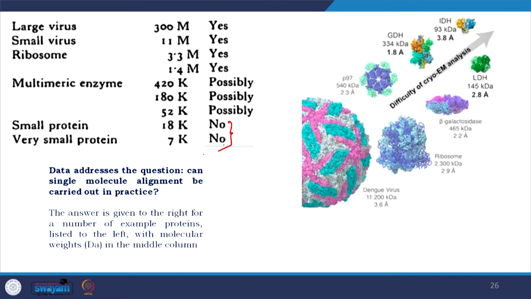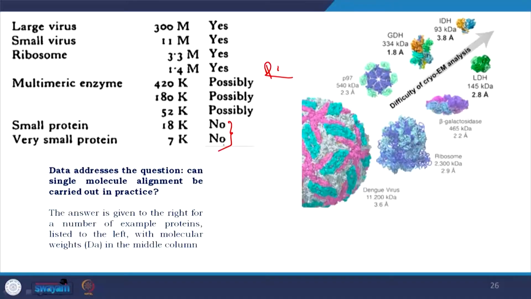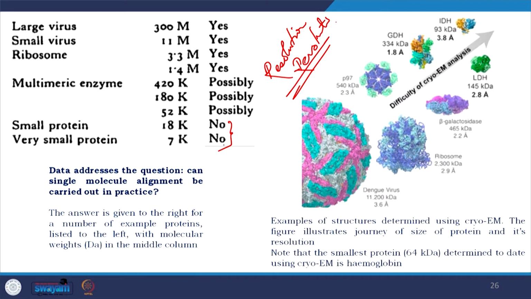But now you see here, I would talk about what is called the resolution revolution in cryo-electron microscopy. So, examples of structures determined using cryo-EM, the figure illustrates the size. You will see that 11,200 kilodalton, dengue virus solved at 3.6 angstrom, P97 540 kilodalton solved at 2.3 angstrom, ribosome 2300 kilodalton solved at 2.9 angstrom,